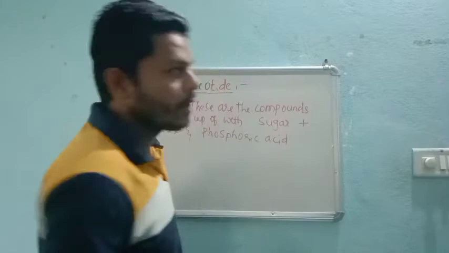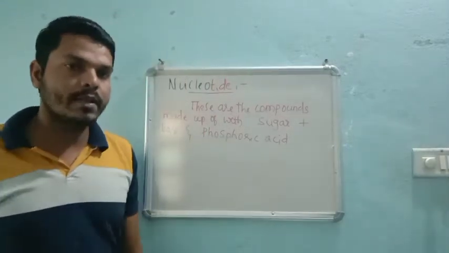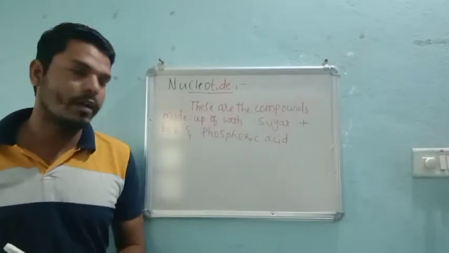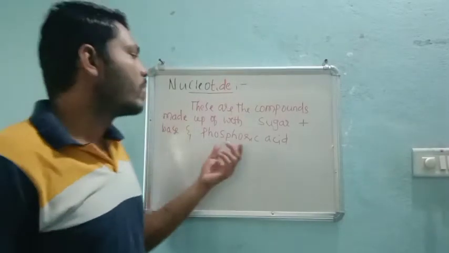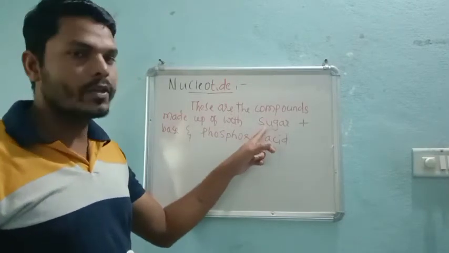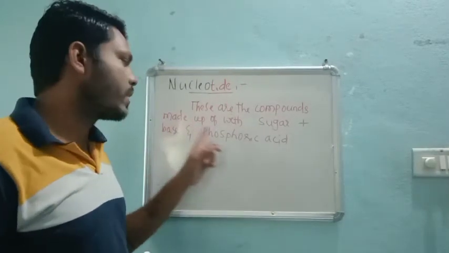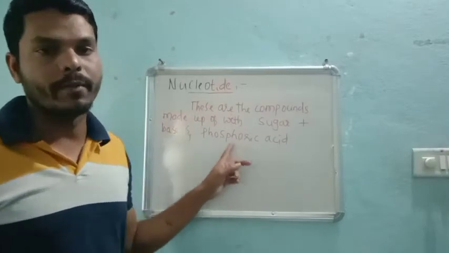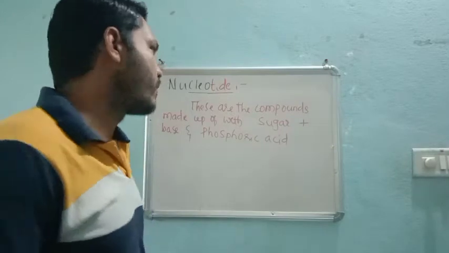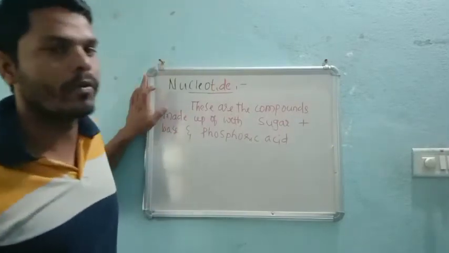That means H3PO4. In the last class we discussed phosphoric acid. That means H3PO4 is nothing but phosphoric acid. Not only do we see the sugar combined with the base, but also with the phosphoric acid. If a compound has such a combination, then definitely that compound will be called